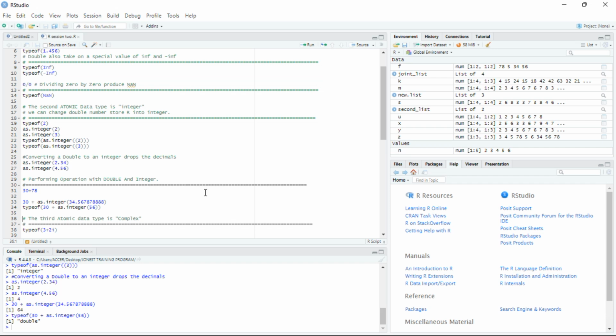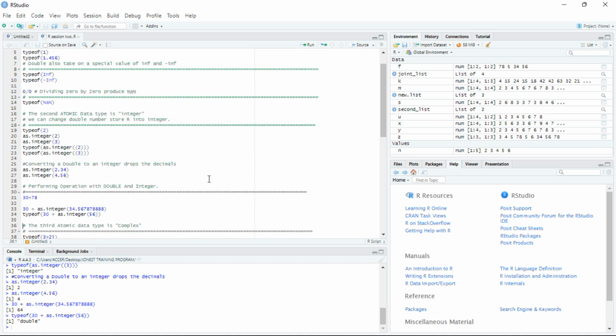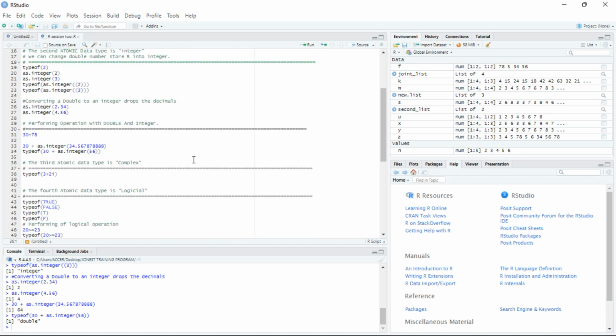So that is that for integers and double. The third atomic data type that we have here is complex, right? Complex numbers are numbers that are expressed in the form a plus bi, where a is the real part and b is the